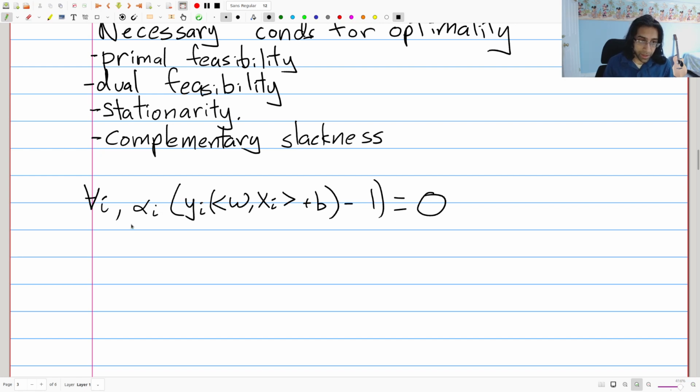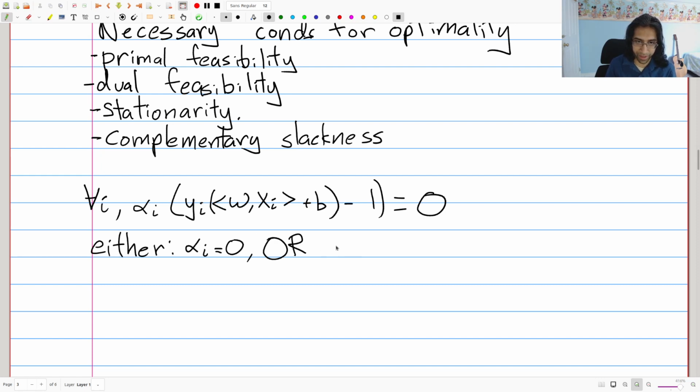So now let's suppose we have this property. Some very beautiful things will come out of this in terms of how we can interpret the problem, and the first will come out of a very simple observation. If we know that this product is equal to 0 for each i, that means we have an either-or. So either alpha i is equal to 0, or